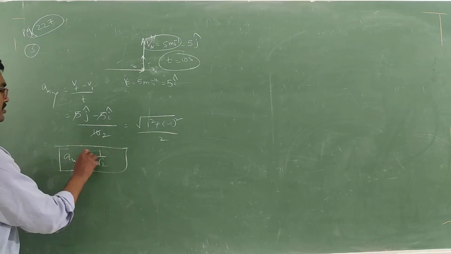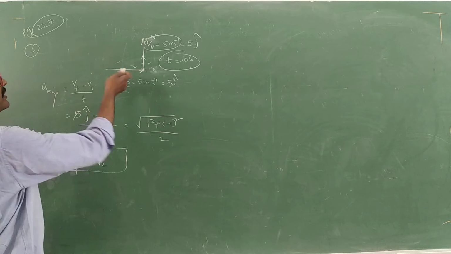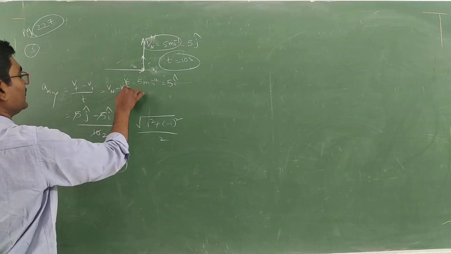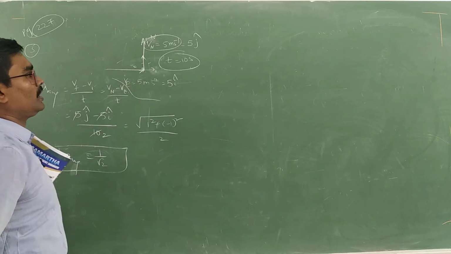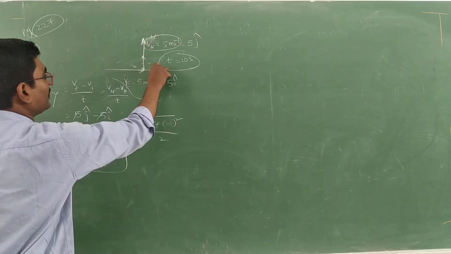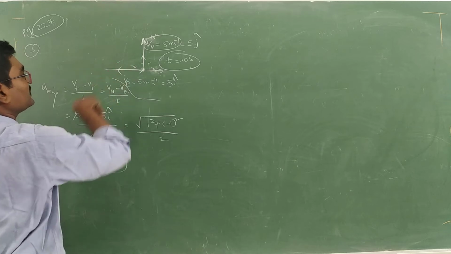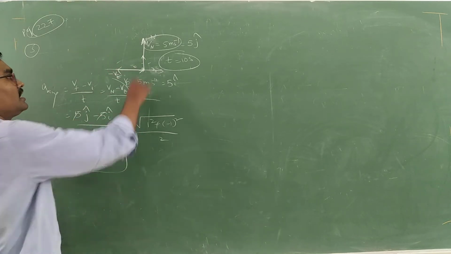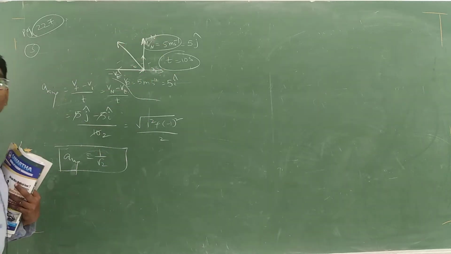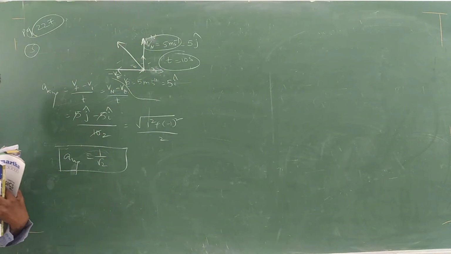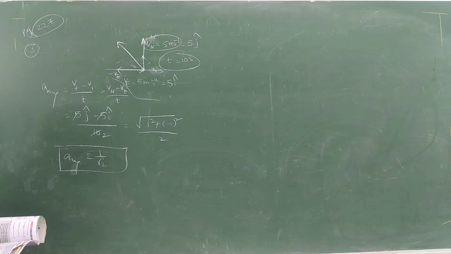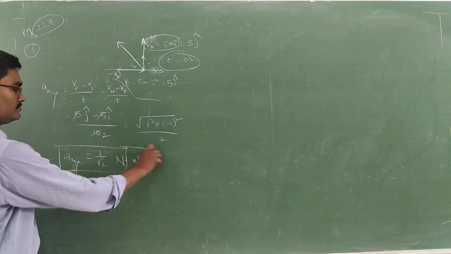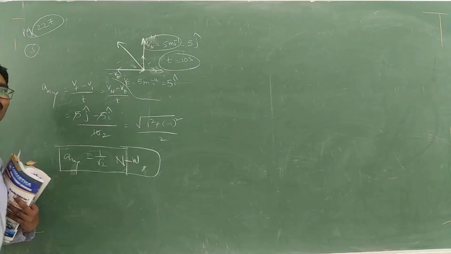But what is the direction? It is Vf minus Vi, where Vf means Vn, minus Ve, by t. The direction of Vn is this only. But the direction of minus Ve is opposite, that is minus Ve. So the resultant is northwest. Okay, that is the answer: northwest. Direction identification.